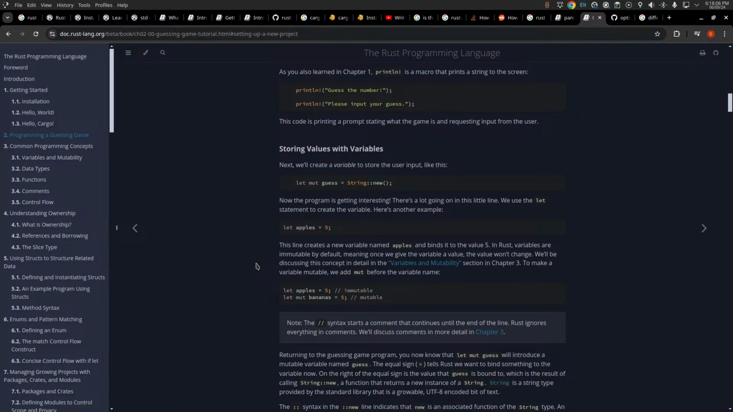I guess not pointers. I don't know how pointers would work here. Actually, it's like a constant pointer there also. Meaning once you give the variable a value, the value won't change. We'll be discussing the concepts of variables and mutability in chapter 3. To make variables mutable, we add